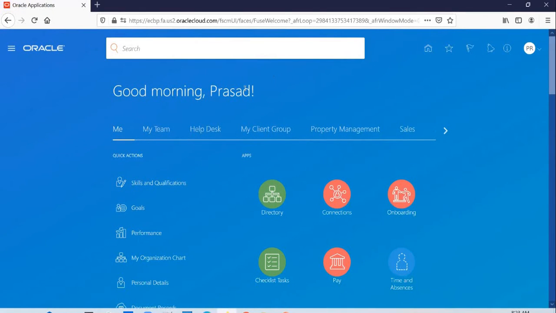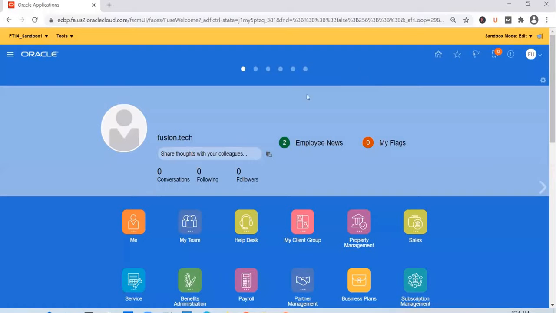So what do you see in the application? If I log in as a different user, I still see the application in a previous state, meaning the previous theme applied with a newsfeed homepage layout, and again with a gradient color combination. You see one color here and you see another color. The application that you're seeing here is in a completely different state. And that is what a sandbox helps us with.